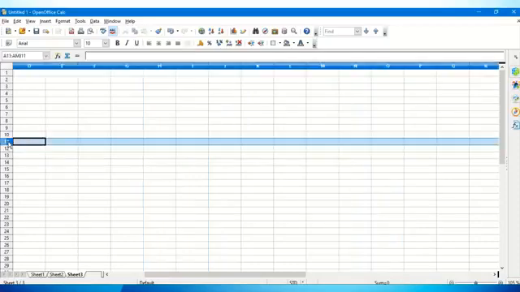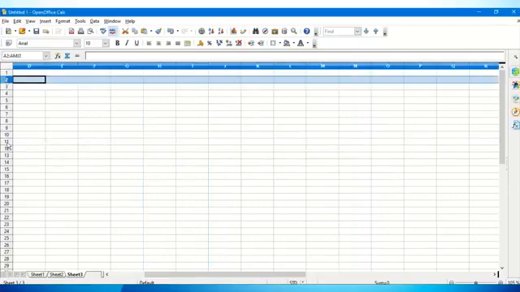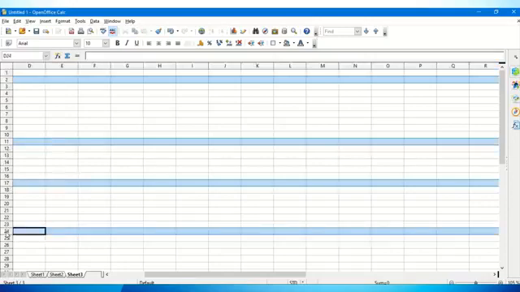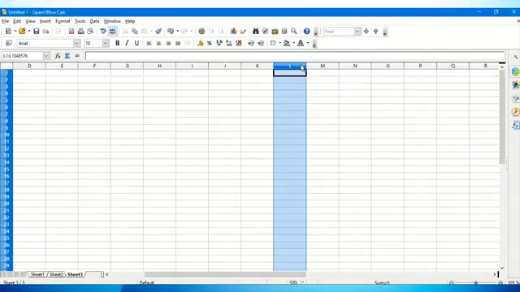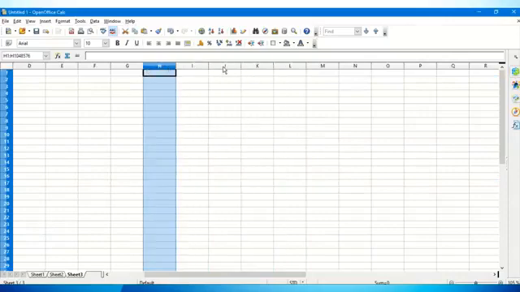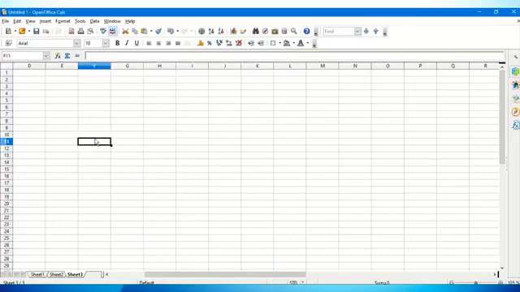Similarly, if I want to select non-consecutive rows, for example row number 2 and row number 11, I keep my control key pressed and click on row number 11, and then click on row number 17 and row number 24. So this way non-consecutive rows and columns can be selected by clicking on the control button of the keyboard. Now you know how to select single columns, consecutive columns by simply clicking and dragging, and also non-consecutive rows and columns with the help of the control key.